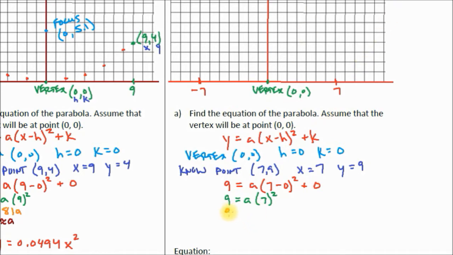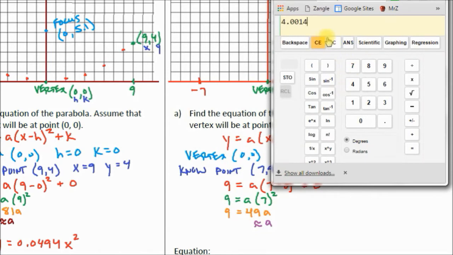Let's simplify again. 9 equals a times 7 squared, which is 49. Boy, the biggest mistake I'm watching some students make is they are actually writing 7 times 2. They're writing 14 here. So be careful, class. That is an exponent. It's 7 times 7, which is 49. And the last thing we're going to do is divide both sides by 49. And you're going to get a is approximately 9 divided by 49,